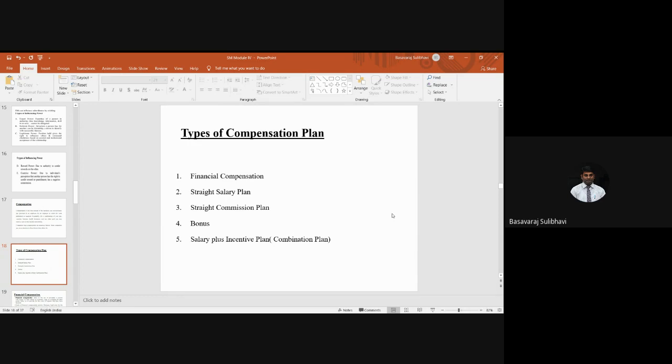So there are different types of compensation plans, like we have salary compensation, non-salary compensation, variable compensation, fixed compensation,